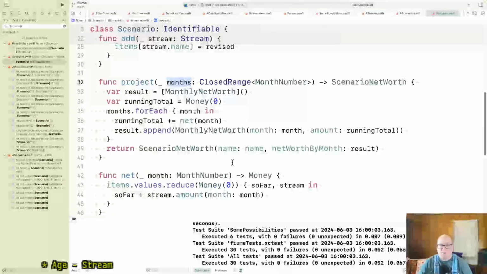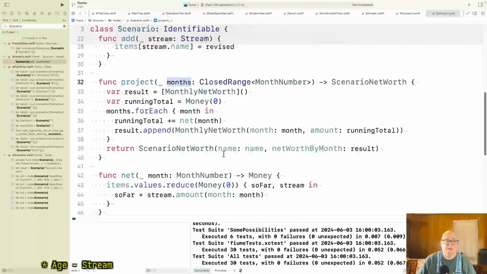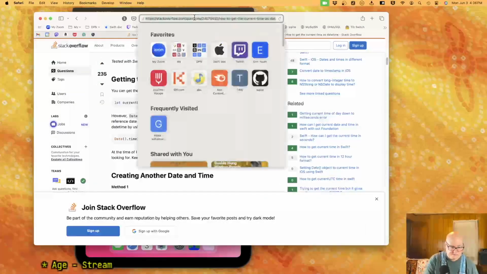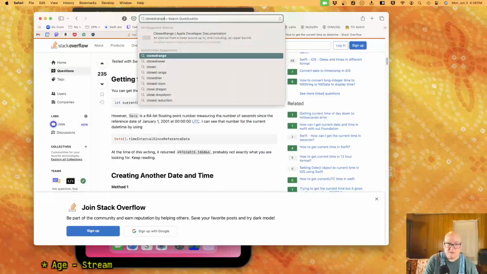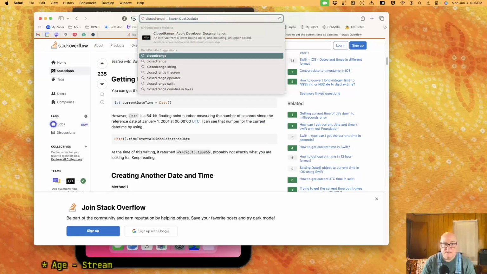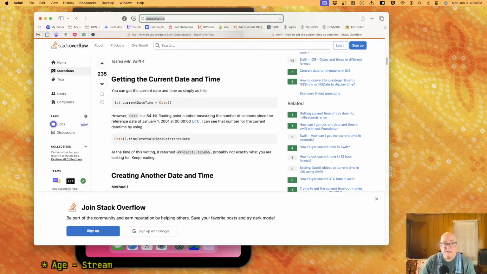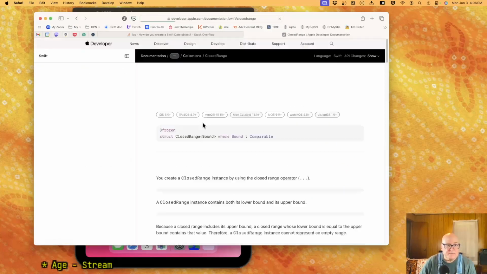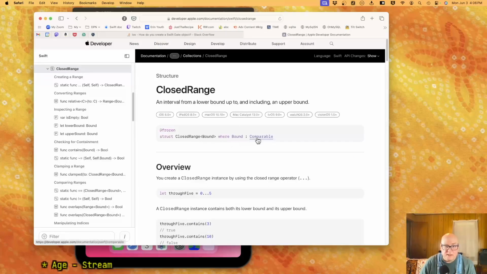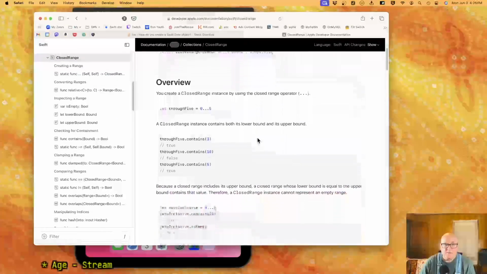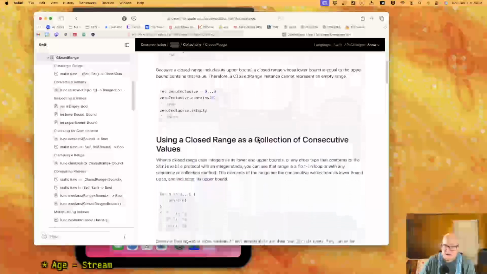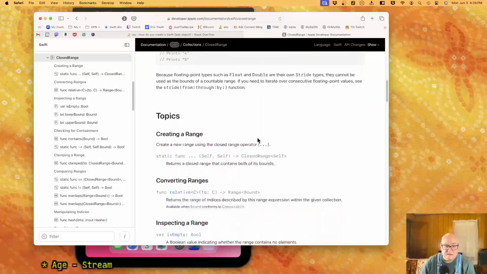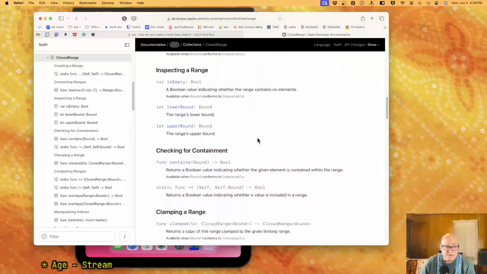I don't know what you have to do to be in a closed range. I don't think I've ever defined my own closed range over anything that's not ints, basically, maybe characters. But bound is comparable. Okay, so if my things were comparable, I must have to have an increment or something.